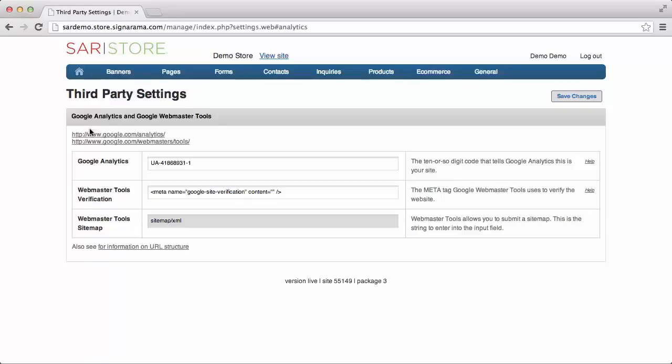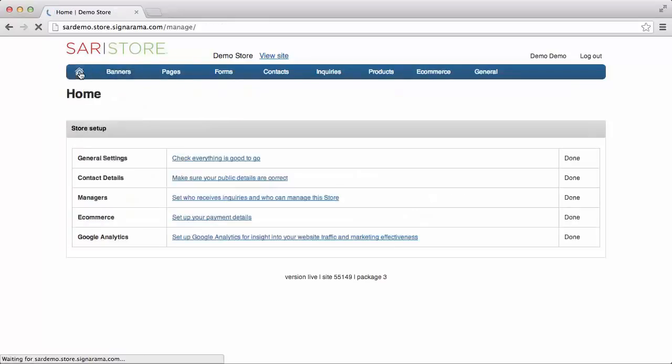So you can sign up for Google Analytics, and if you do, you can come in here and put your Google Analytics code right there and then save your changes. So that's some of the admin areas within the back end of the management of your franchisee website. What I'm going to look at now is e-commerce, so all the things that you need to set in order to make your website e-commerce enabled. So the first thing